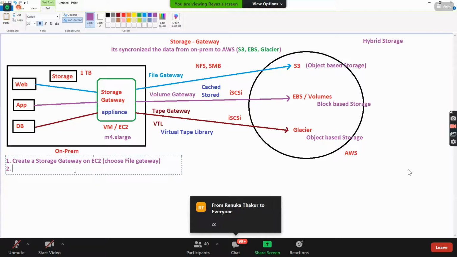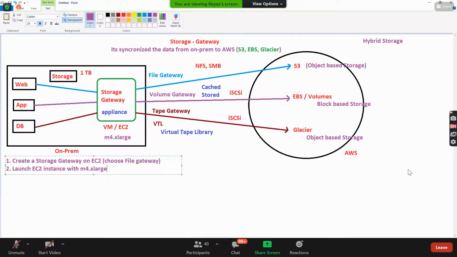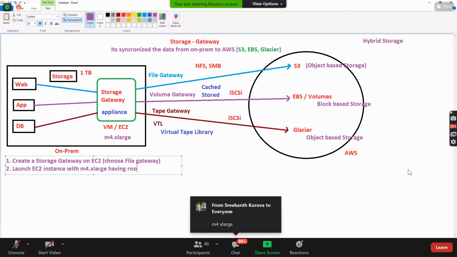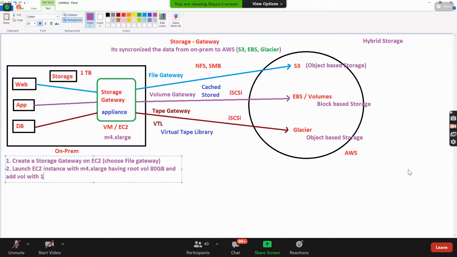The same way you need to set it up on your own premises. I'm writing it for you. Launch EC2 instance with M4 X large having root volume as 8 GB and additional volume with 100 GB.